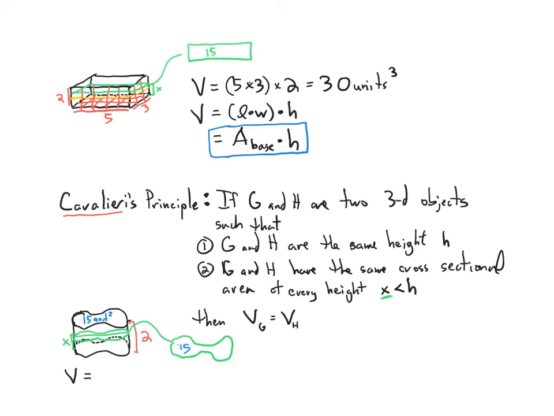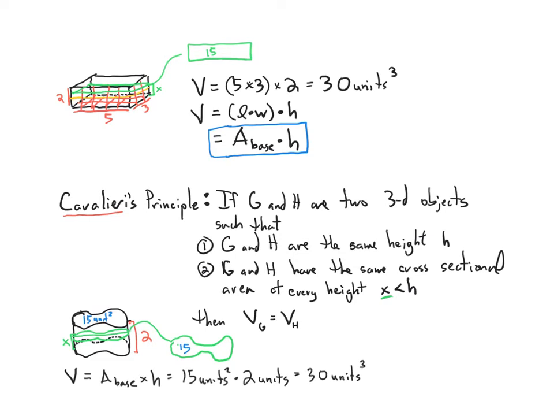So, this satisfies Cavalieri's principle. So we know the volume of this is still going to be the area of the base times the height. And we're told that the area of the base is 15 units squared times the height, which is 2 units. Remember, height is a one-dimensional measurement, so just 1 unit. And 15 times 2 is 30. Units squared times units is units